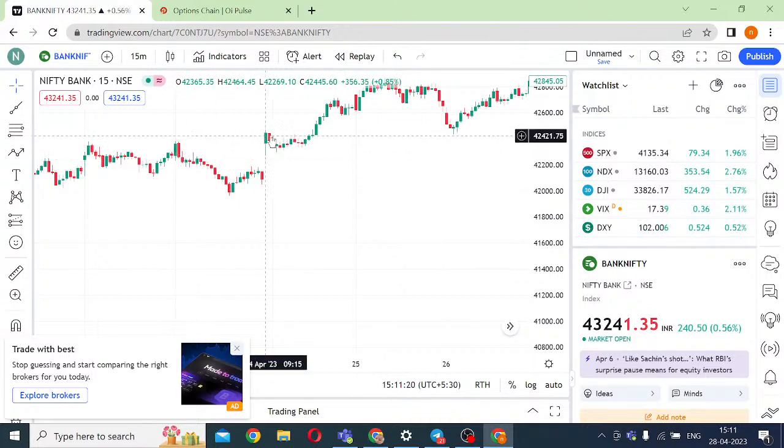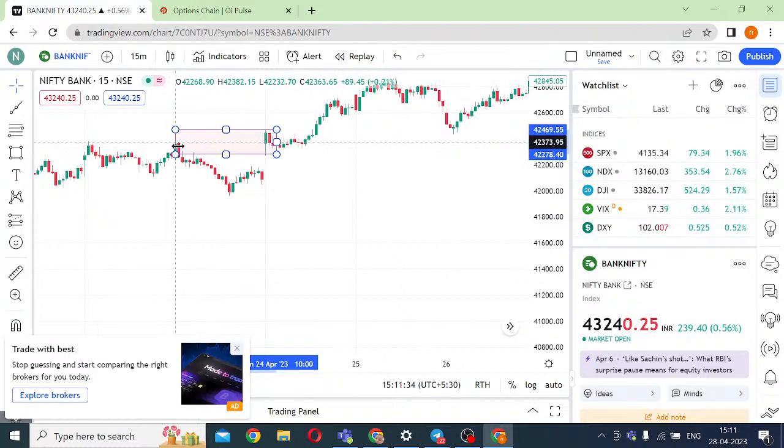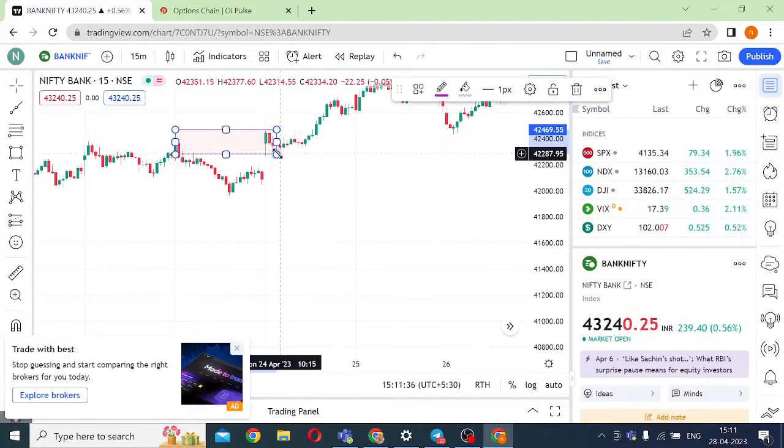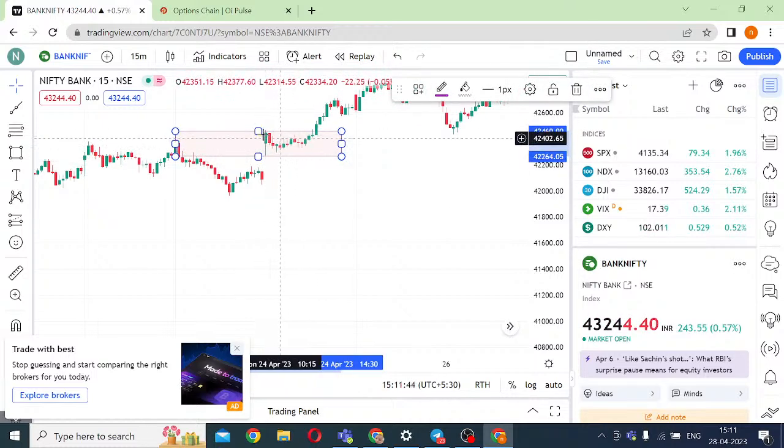Now in an uptrend, generally you mark this range. This is your opening candle. All price action happening within it is an inside swing. I'm just trying to decouple this area. All price action happening within this is an inside swing, till here, so you assume this to be one trade. Here I had personally taken a put. If you guys remember, I had given a put and I had enjoyed the put premium.